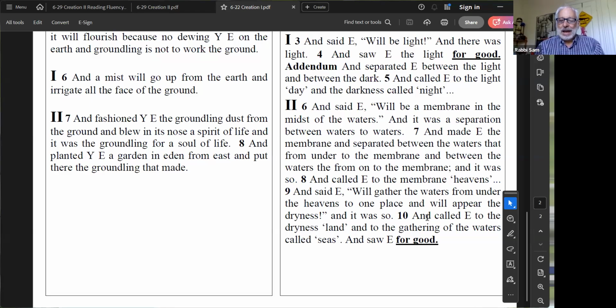But remember, this is now day three. Day two had no ketov. So I'm trying to look at three. So there's the sky. I mean, what's the third highest level? Well, that's going to be this: water, the land, and what's on top? The sky. But water below and water above were separated here in verses 6 through 8,